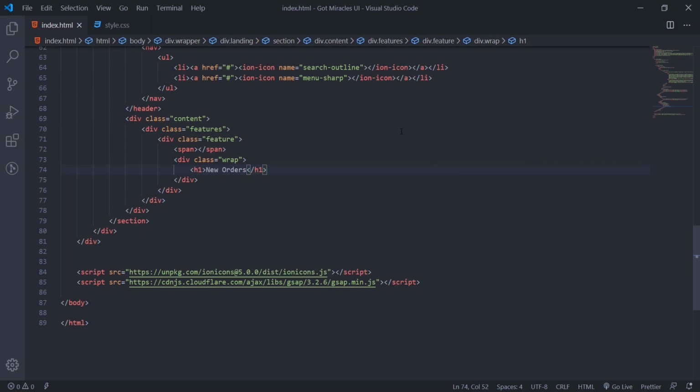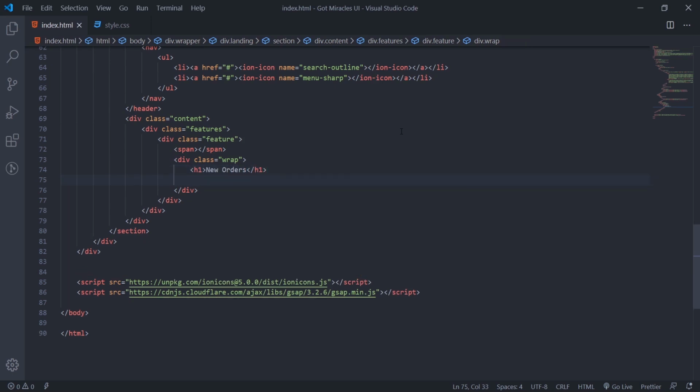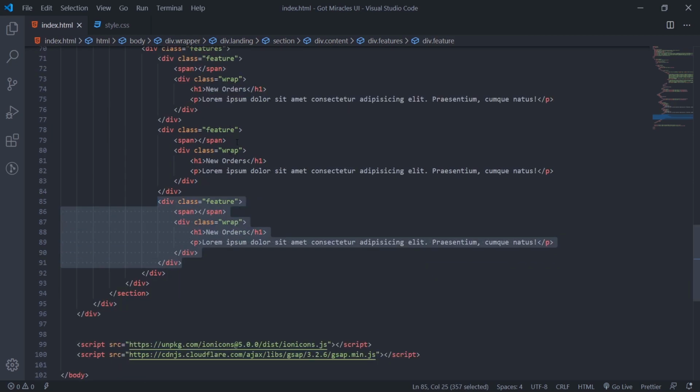And p. I'll just say lorem 11, so we could bring out 11 words for us. So we need to duplicate these ones now. You see, duplicate them.